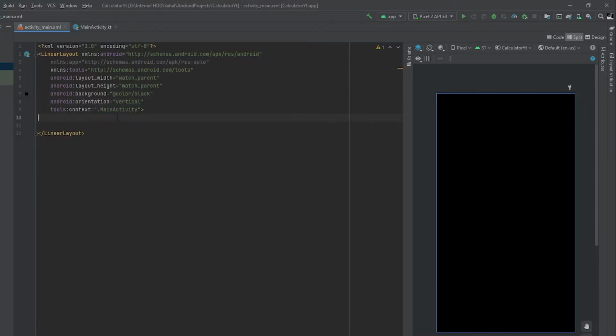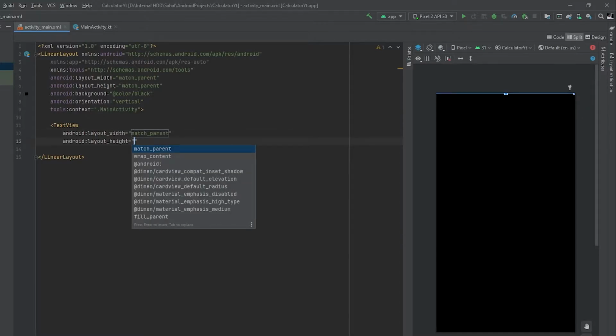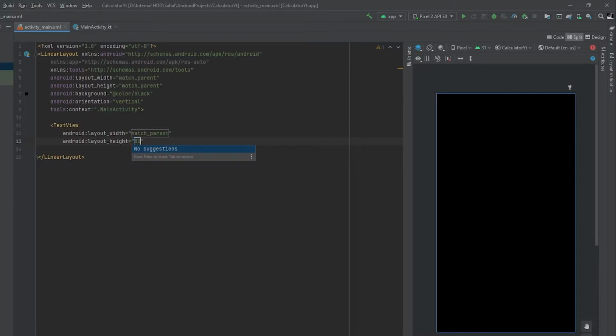So we will just take the black color and then the orientation as vertical. So here we are done with these things and then we will just create our text view. Here I'll just give width as match parent and then the height as 8 dp.